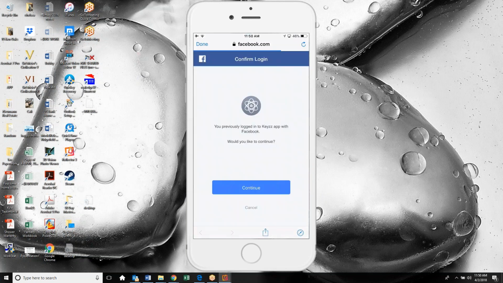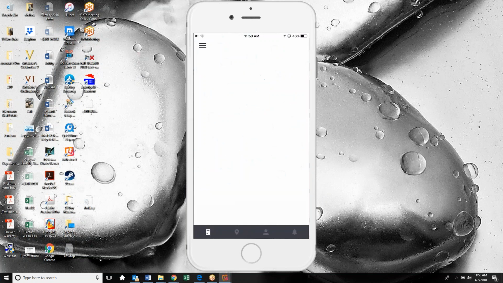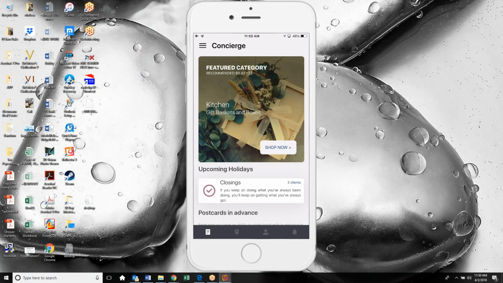So I'm just going to quickly sign in through Facebook. I already have an account, so I'm not registering. So the process is a little bit different. Once you sign in for the first time, you stay signed in, so you'll never see that screen unless you exit out of the app and fully close it. Otherwise, you'll just stay signed in, and when you click the app or go into it, this is the screen